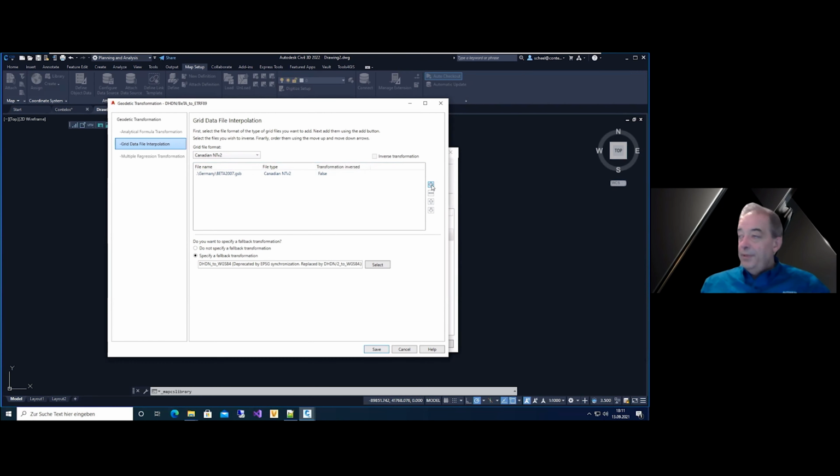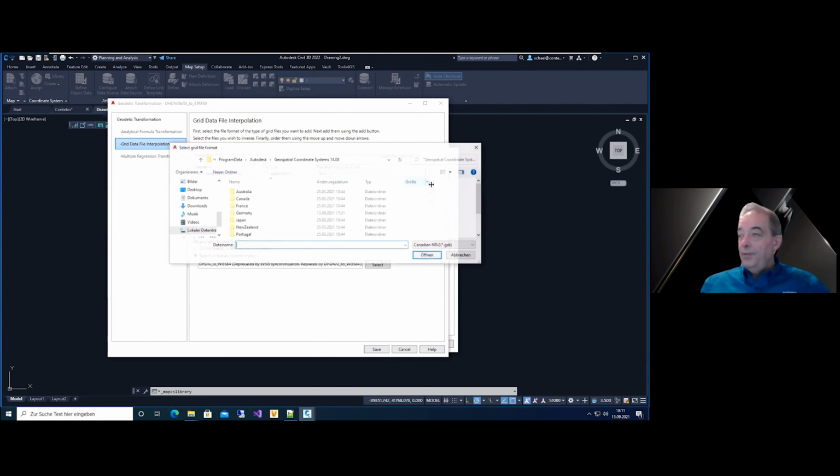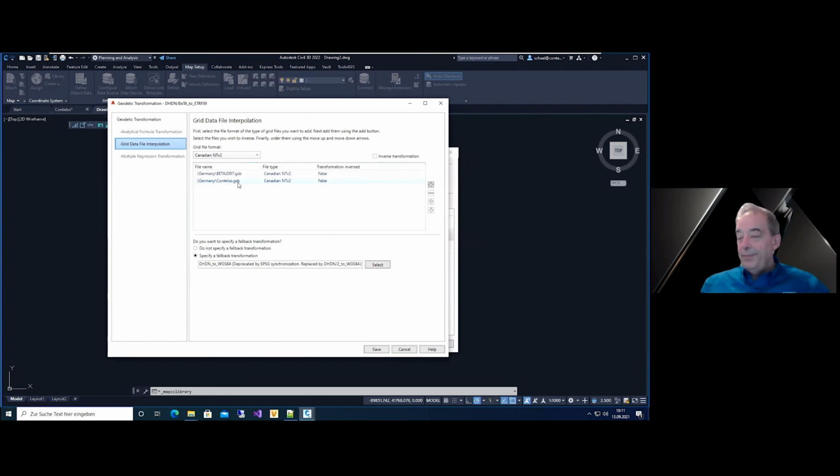The next step is pushing the plus button. Now we go to the place where we copied the new GSB file, in this case, Germany. And we find Contilos GSB. We open it and it is added.